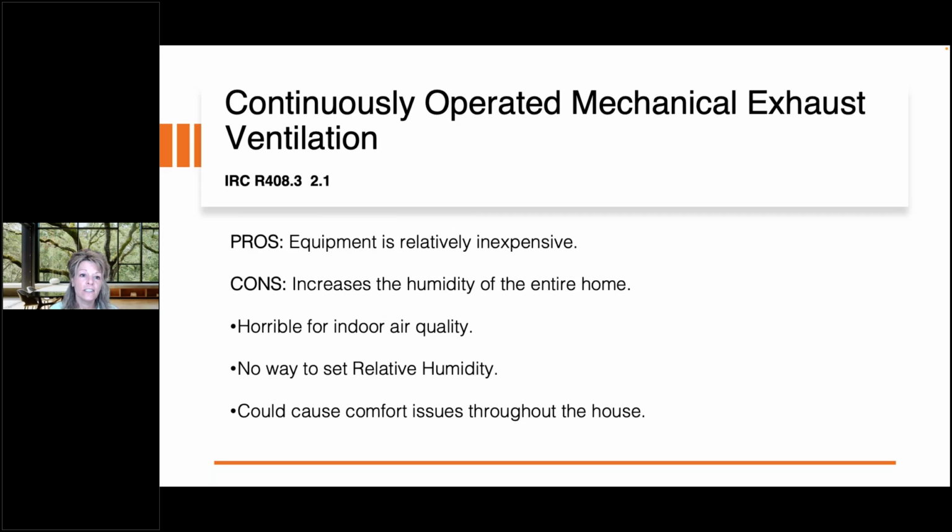So, continuously operated mechanical exhaust ventilation. The pro: the equipment is pretty inexpensive. The con is it can increase the humidity in the entire home. And why is that? As soon as we're exhausting out the lower level, we're sucking in from the upper level. So if it's hot and humid outside, and we're now bringing that air, sucking it into our attic, which if it's a vented attic could be just as bad as our previously vented crawl space, and sucking that all down into the home, plus that pathway, you never know where you're going to hit